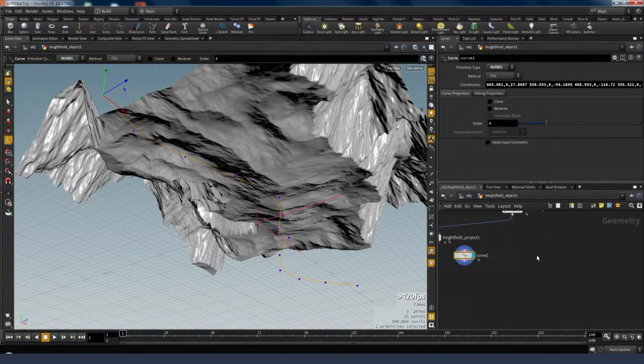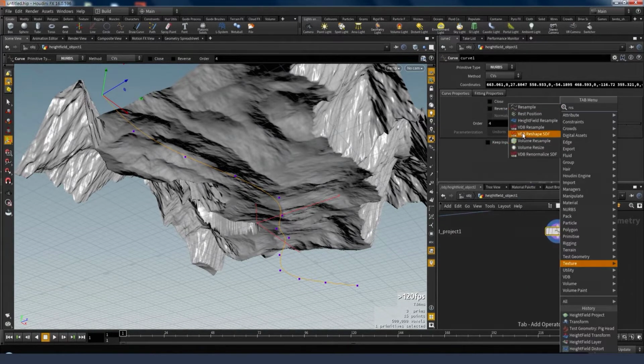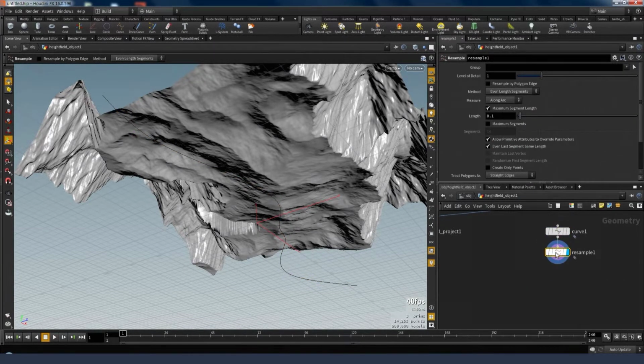It's just a NURBS curve. で、今これ書いたのがナーブスのカーブですね。